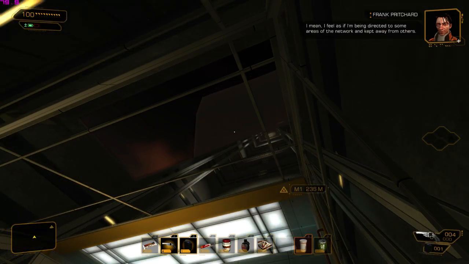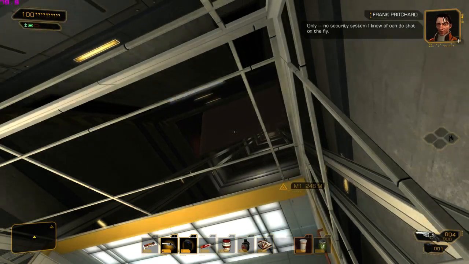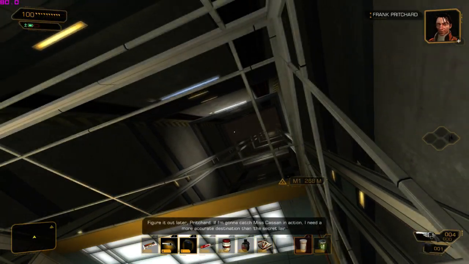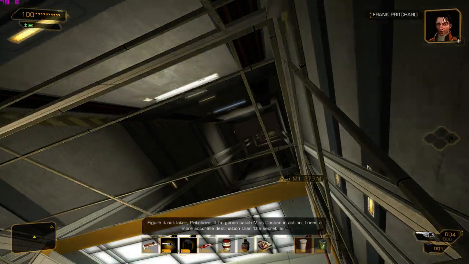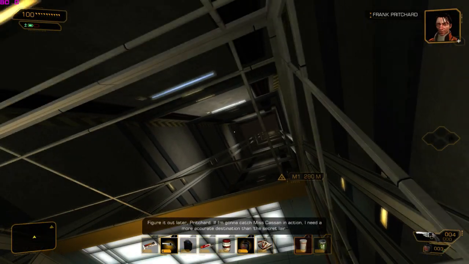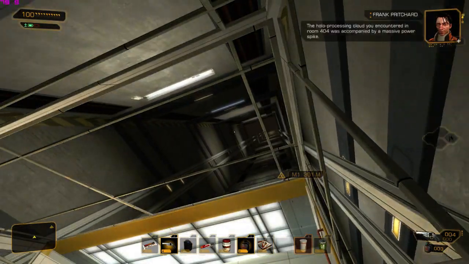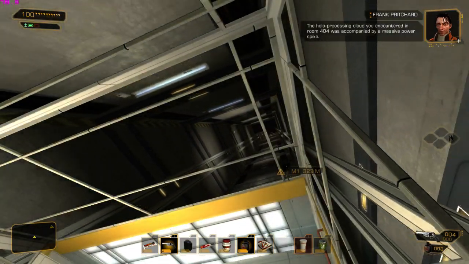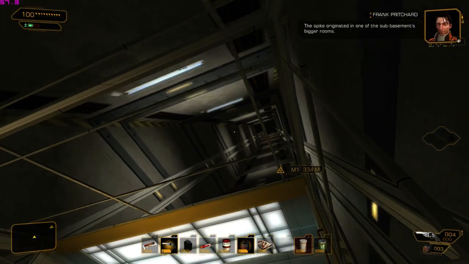And as my reward, I get to wait through this 2-minute elevator. I don't really get why this elevator takes 2 minutes. There's this conversation with Pritchard, but it only lasts for half the time. And for the rest of it, you're just sort of sitting there waiting. It's rather unfortunate. Once I get to the bottom, there's just a boss fight left, which I can get to